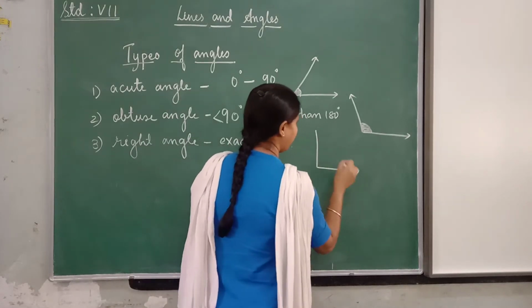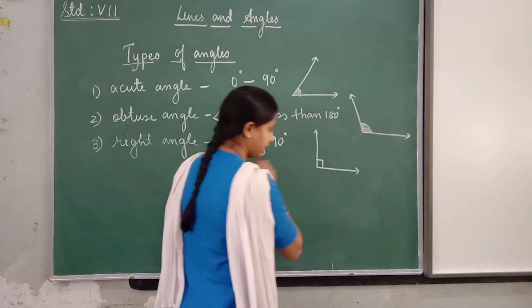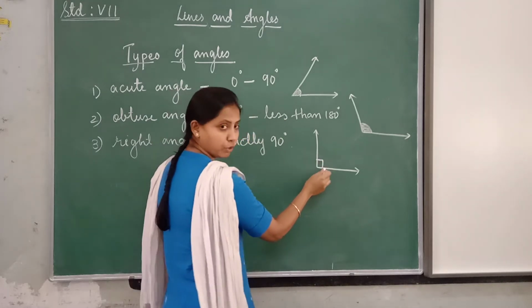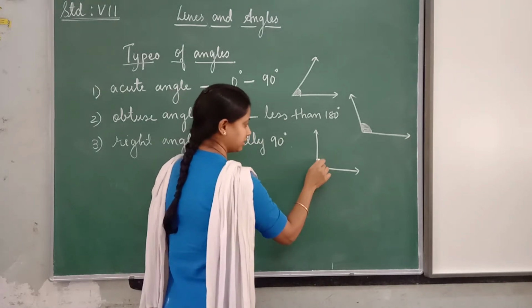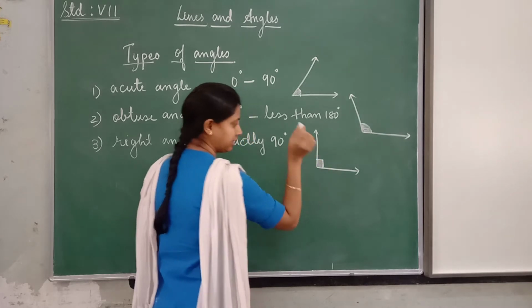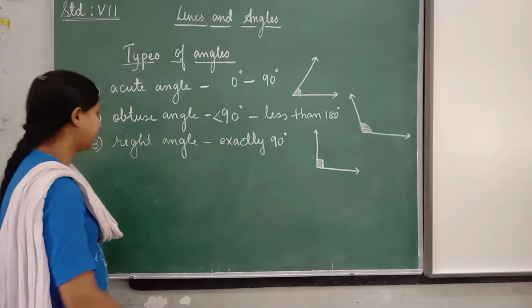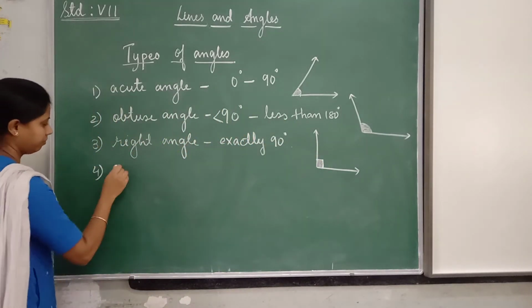So right angle you always get it in this form. And the right angle you are not supposed to make an arc. It should be like this. Okay, so this is right angle. Then next is